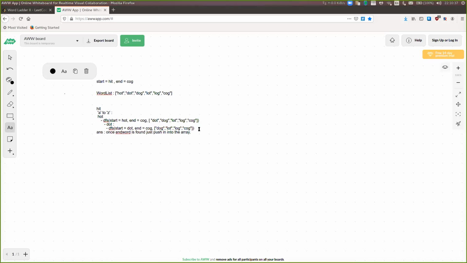Yeah, I pushed it in the end, and so now the order is reversed, right? Right. Because I'm pushing in the end. So eventually, in the main function, I just reverse the entire array because I know the path, right? How do we get the shortest with this? Since it will not give you the shortest, it will give you all the possible paths. Oh, okay. And in the main, you eventually got the shortest size. Right. He might be storing the results somewhere. Yeah. Right. So I'll just show you what has been done.